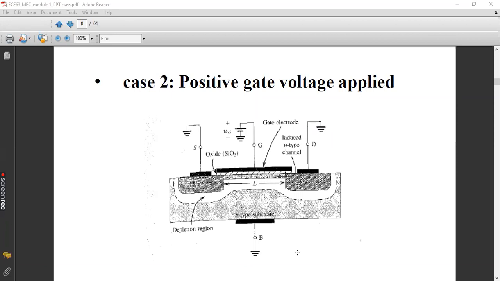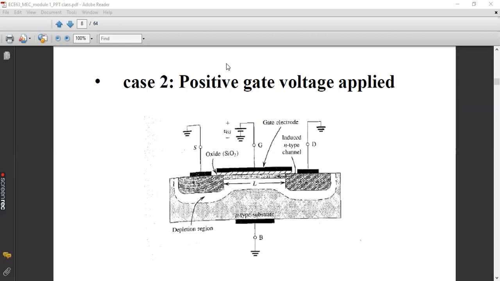In this regard, I would like to pinpoint one more terminology called threshold voltage. Please take it down, that is very important. Threshold voltage. If you apply any fixed gate voltage, you can't expect a channel to be induced over there. You should give at least a minimum positive gate voltage so that the channel will get induced.